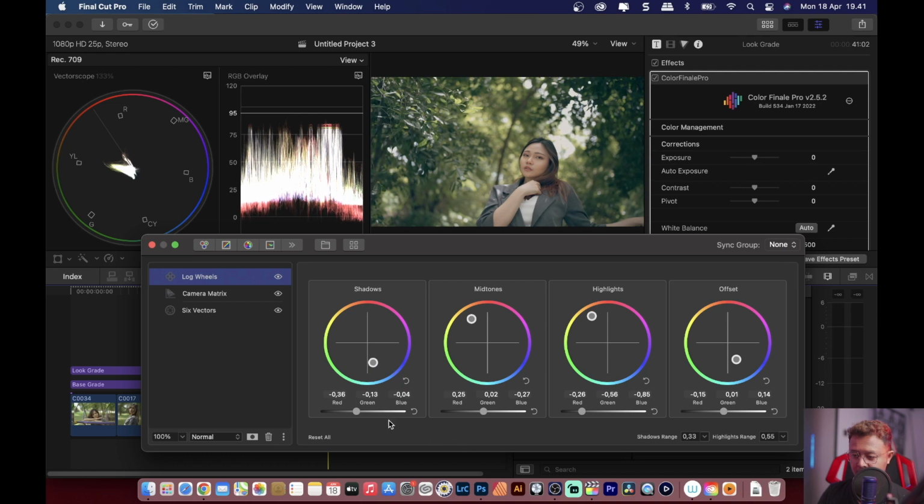Okay, maybe not under 0. I don't want to lose the details of the image, so maybe around here, and put the shadow to the blues or cyan. Okay, around here, and now